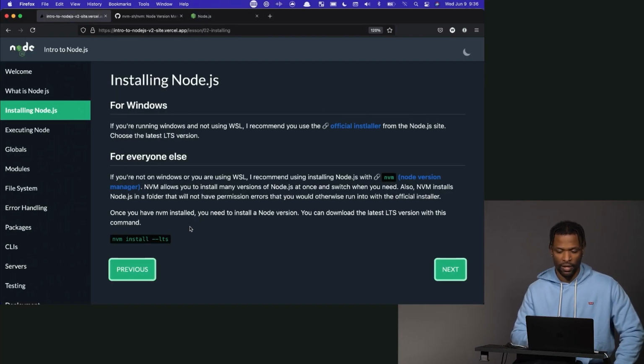Okay, and once you have NVM installed, you can actually just run this command right here, nvm install --lts, and it's just going to install that latest version for you, so you don't have to figure out which one it is. If you don't put that LTS flag, I think it will install version 16, which again is also fine, as long as it's at least 14. So whatever you want to do, install that latest version so we can get going and